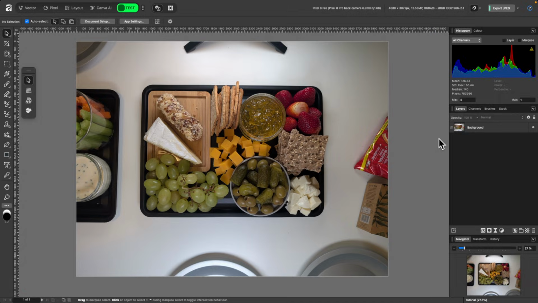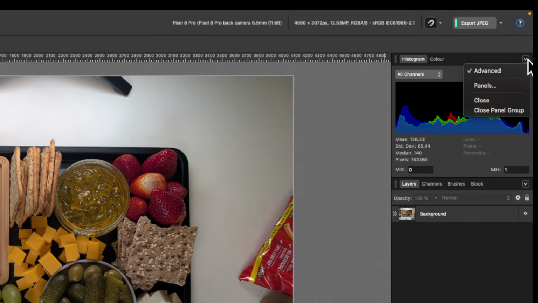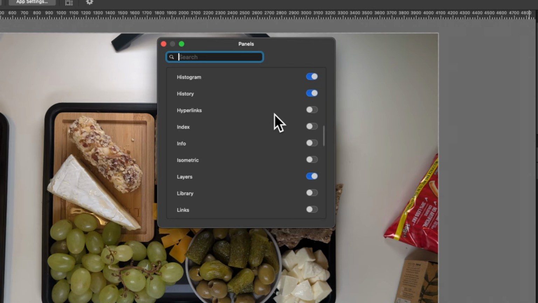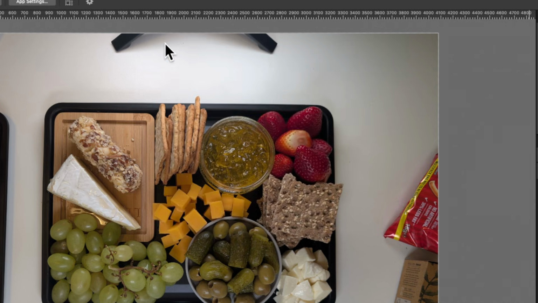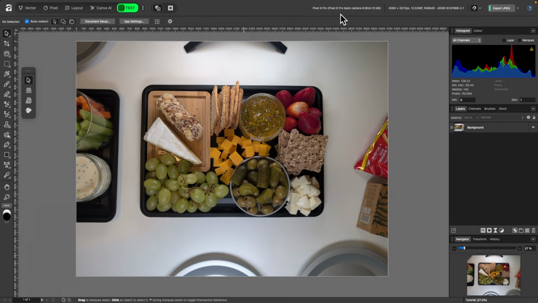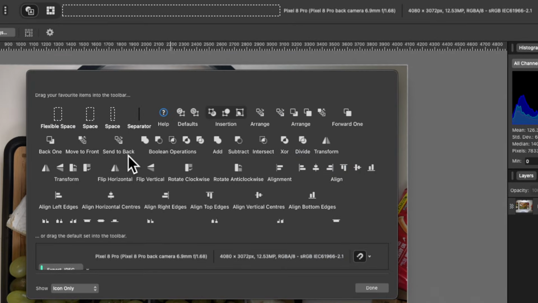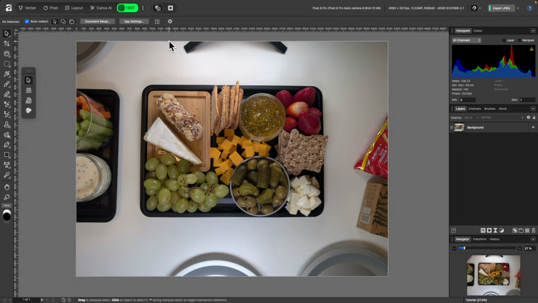If you want to customize the studio on the right hand side, just click on the drop down menu, click Panels over here, and you can toggle on or off any of the panels that will help you. And I'll just close that down. And in the toolbar at the top here, there's not a lot there, is there? I'll right click and click on Customize Toolbar. And maybe this one would be useful if you want to flip a photo horizontally, or maybe you want to align one. If you've got a few photos on your document, you can add these. So how you add them is just click and drag and drop them like that. And if you no longer want it, just click and drag off and let go. So that's how you create your very own studio.